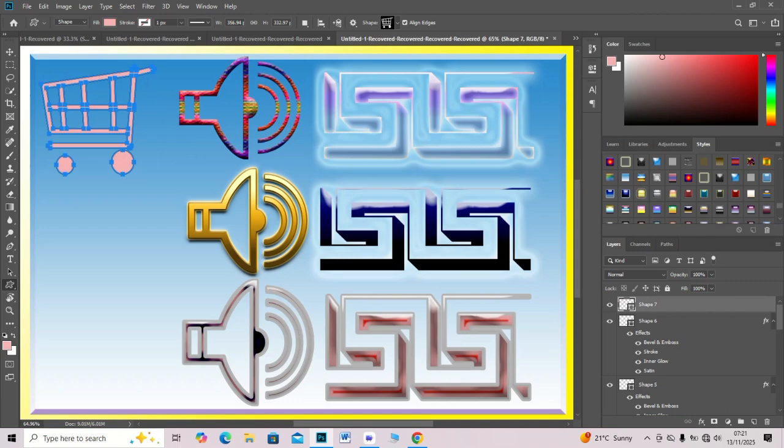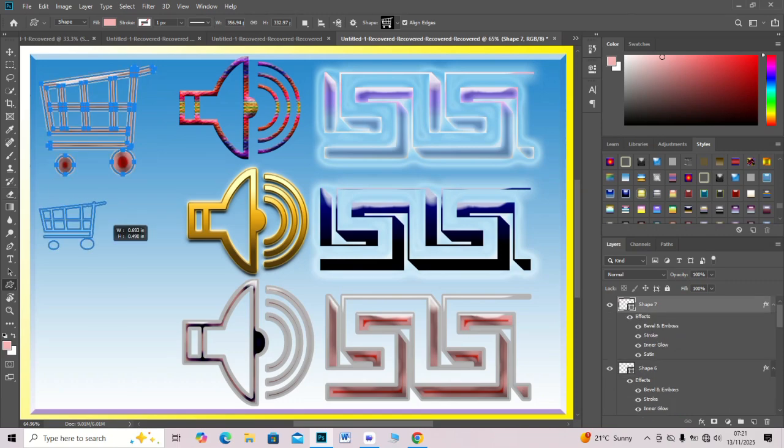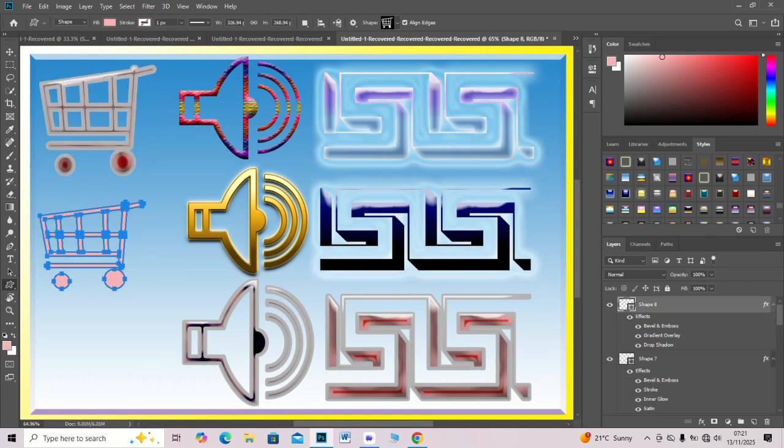For large reflections, use multiple clone layers. Blend carefully around corners or curves for